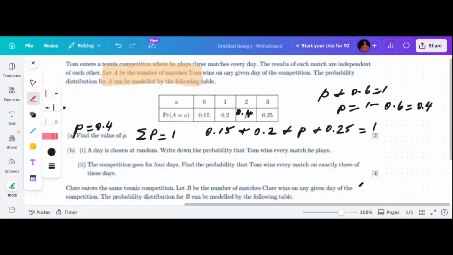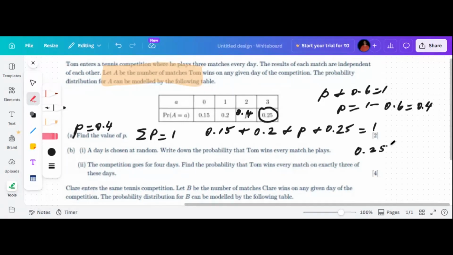Okay, now we go to part B. A day is chosen at random. Write down the probability that Tom wins every match he plays. There are three matches. Tom wins every match, which means he wins all three matches. And from the table, we know that the probability that Tom wins all three matches is 0.25. So my answer is